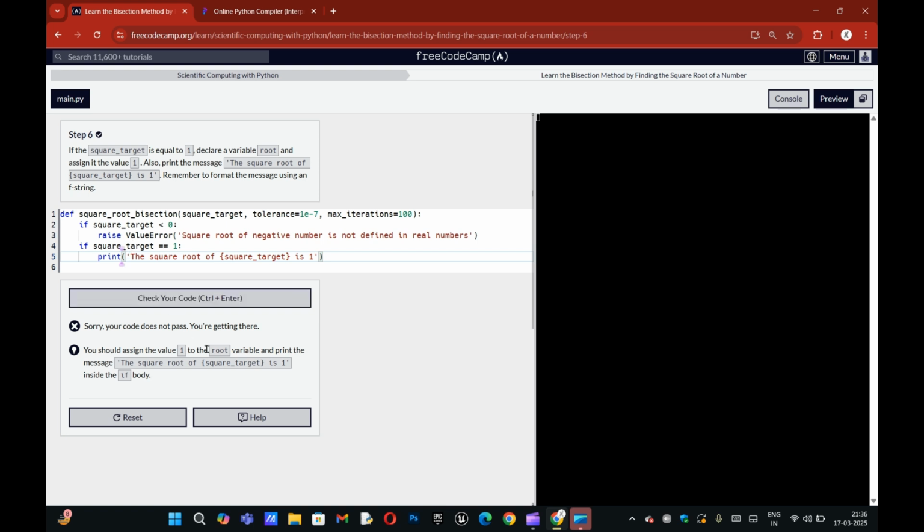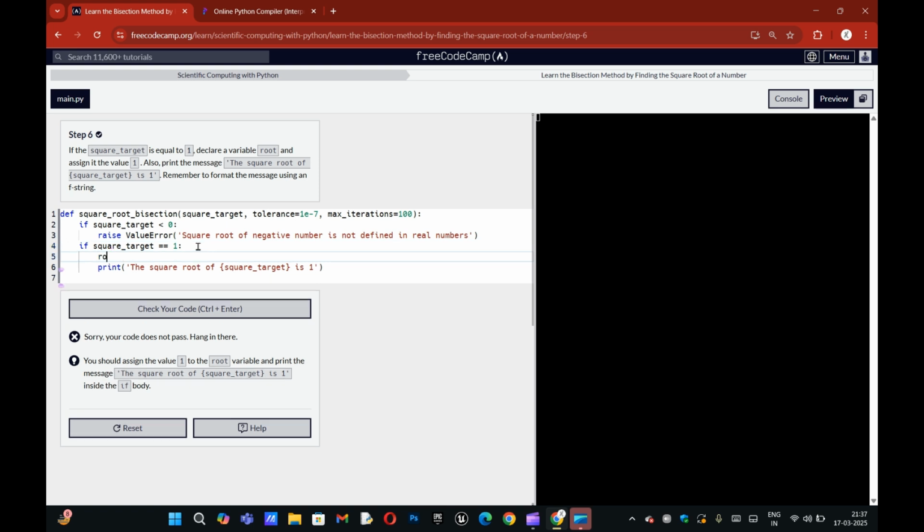You should assign the value 1 to the root variable. Root equals 1.